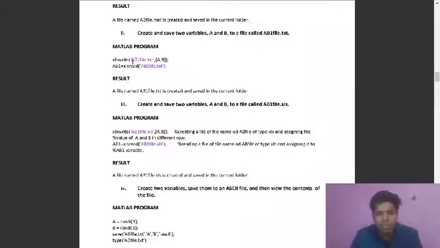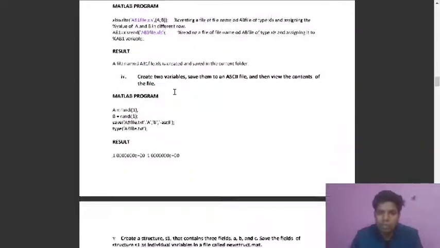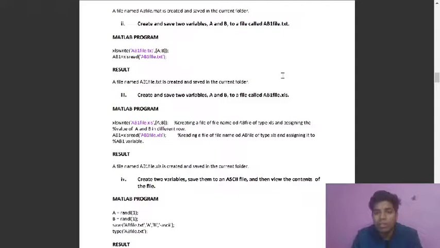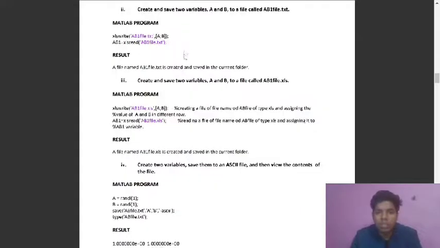As you can see, we did this successfully by running these instructions, saving and reading that file. And third part, we have to save two variables a and b to the file ab1file.xls, in xls form. So this is similar to what we did previously.